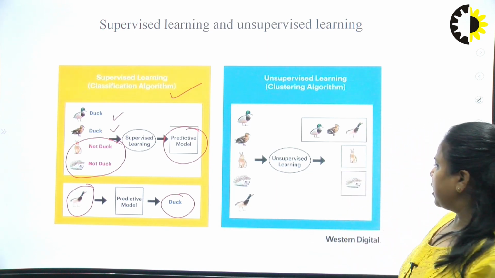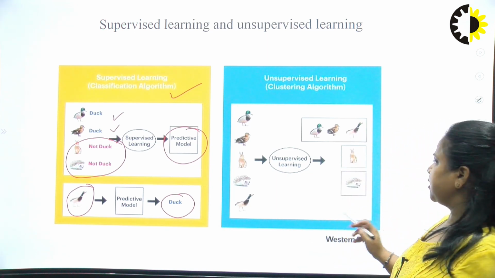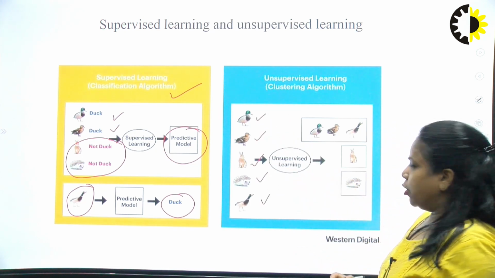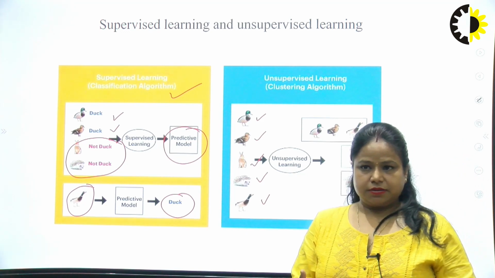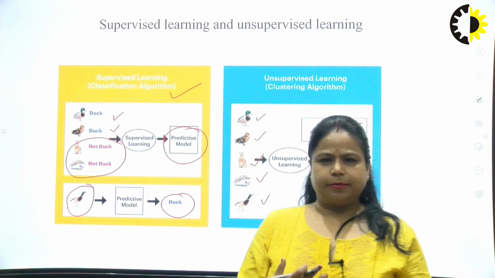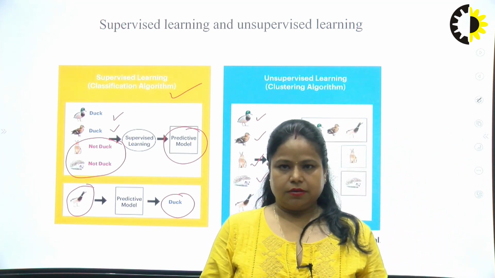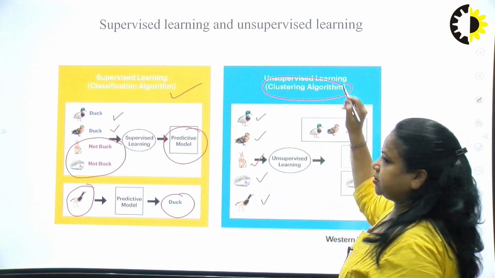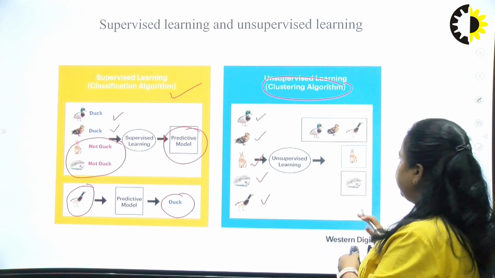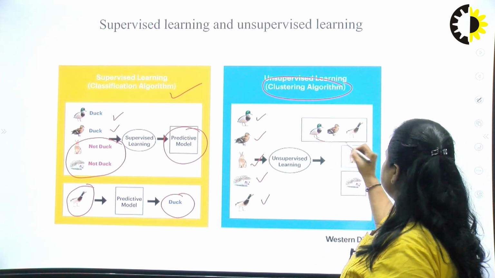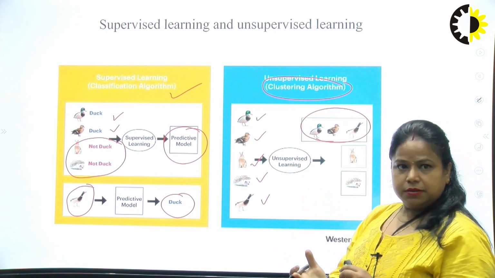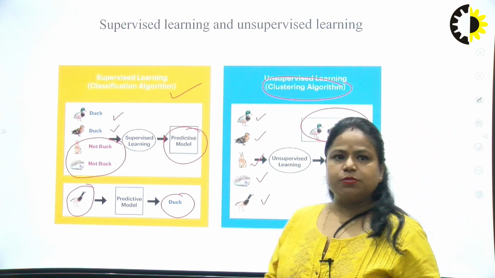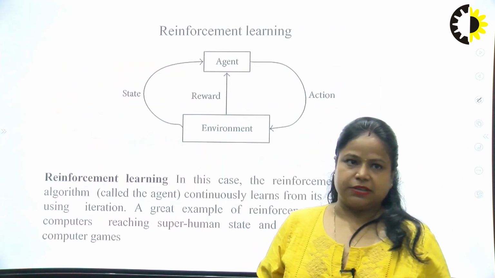When I'm talking about unsupervised learning, we have not labeled any animal. On our own, we might say this one looks like a duck to me and this one does not. This is a situation in which we apply a clustering algorithm, and we make clusters: these three seem to be similar and these two look different. So in this case, we are talking about unsupervised learning.